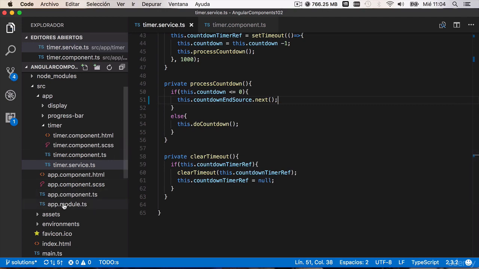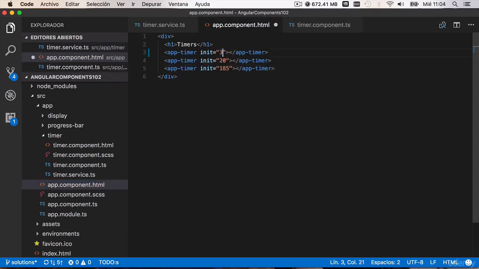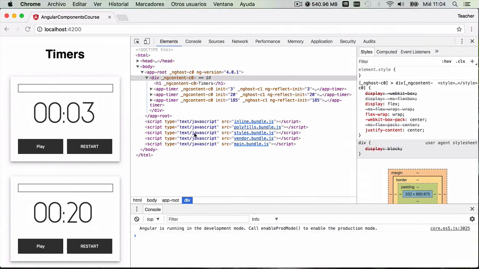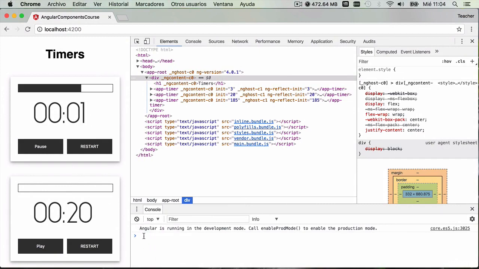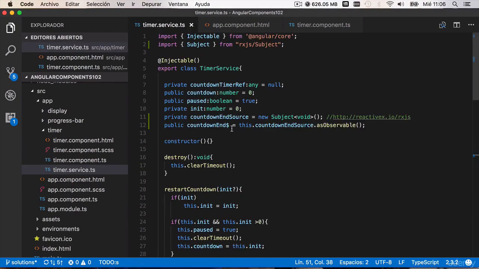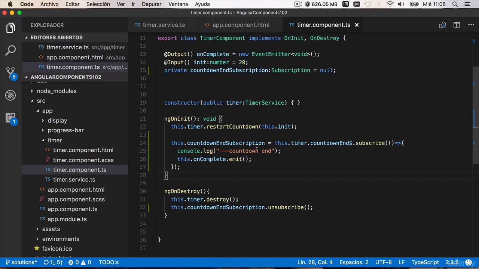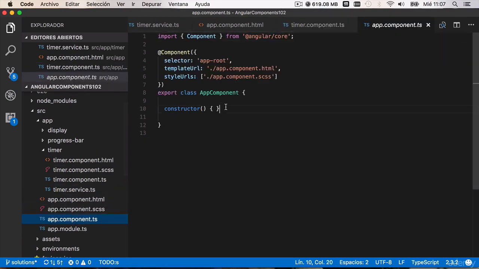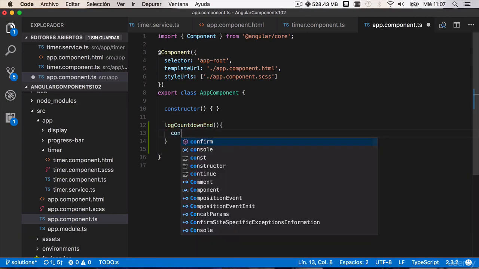If we put a short countdown to go faster, 3 seconds for example, and we go to the browser to see the results, you can see now how this message of the countdown finish is shown on the console when the timer ends. And that has been emitted not from timer service, but from timer component, this countdown end here. So, to sum up, what I have achieved is to push an event outside of the component, but generated from the service. In fact, I can move to my app component ts, create here a method logCountdownEnd, and here inside just console log